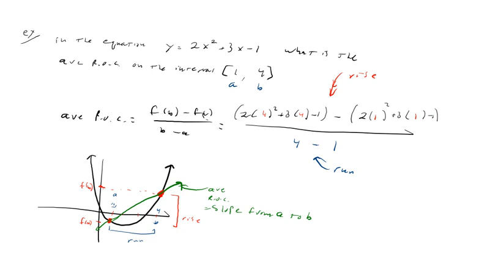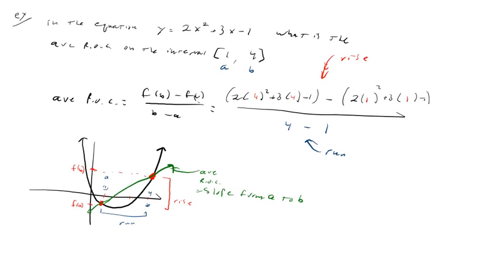So this is equal to, let's see, 4 squared is 16. 16 times 2 is 32. Plus 12 minus 1, that's going to be 43. 43 minus 2 times 1 is 2, plus 3 minus 1 is 4. Minus 4 over 3. So that's 39 over 3, which is 13. So that is the average rate of change from 1 to 4